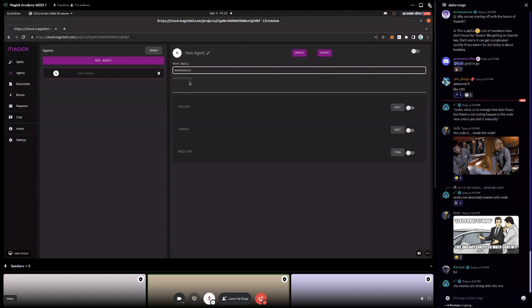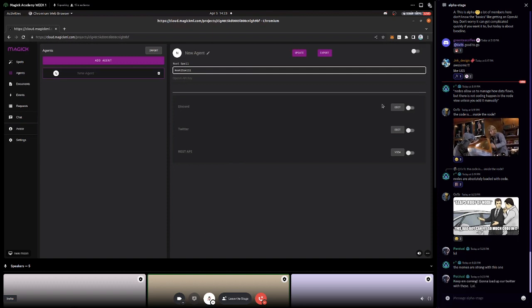Beyond that, we have some secrets that get passed in, and then we have some connectors. We have a few connectors here that are not enabled right now, but the main 3 that are enabled in the alpha will be Discord, Twitter, and a REST API. You can connect it to Discord and make a chatbot. You can connect it to Twitter, and it can message and respond based on streams.